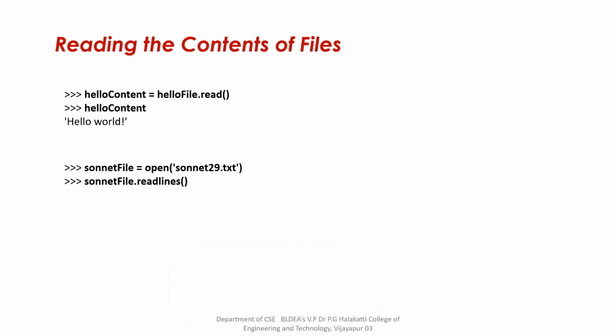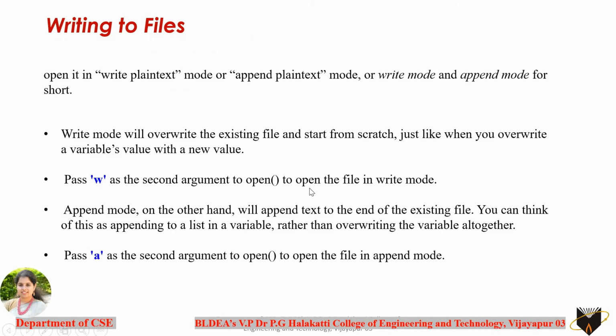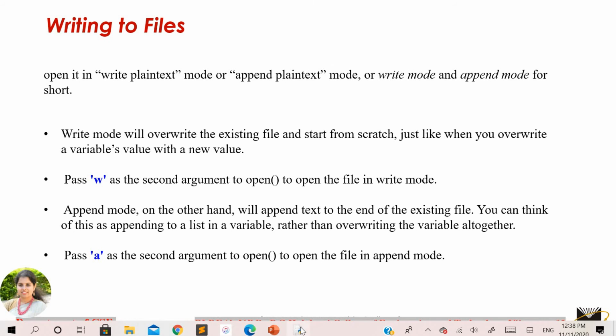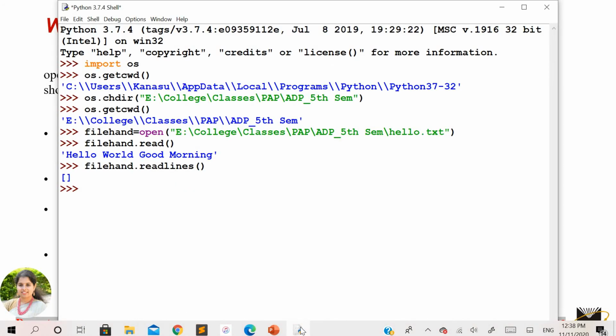Coming to the next concept, we'll see how we'll be able to write the contents into the file now. For writing the contents into the file, before proceeding, whichever file handler you have created needs to be closed for that particular file here. So I'm just closing it with the same file handler. This statement is going to close the file handler for this file. That means whatever file you have opened is going to be closed here.